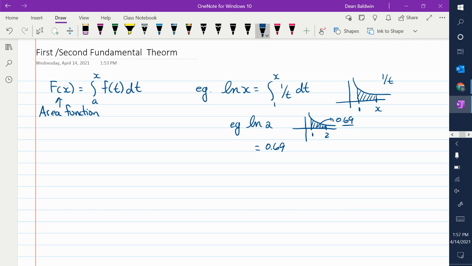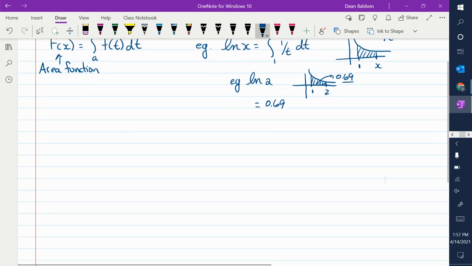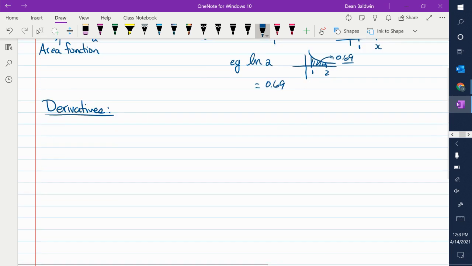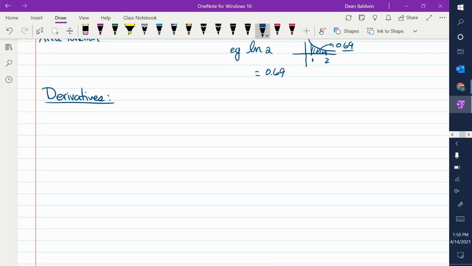And he did that today, right? He showed you the shortcut. He gave you that crazy big function, and he showed you the shortcut. That's what you need to know how to do. All right, so we're just going to practice that. So the derivatives of these things. Because there's one of these questions on your test. So if I have a function that I'm defining as